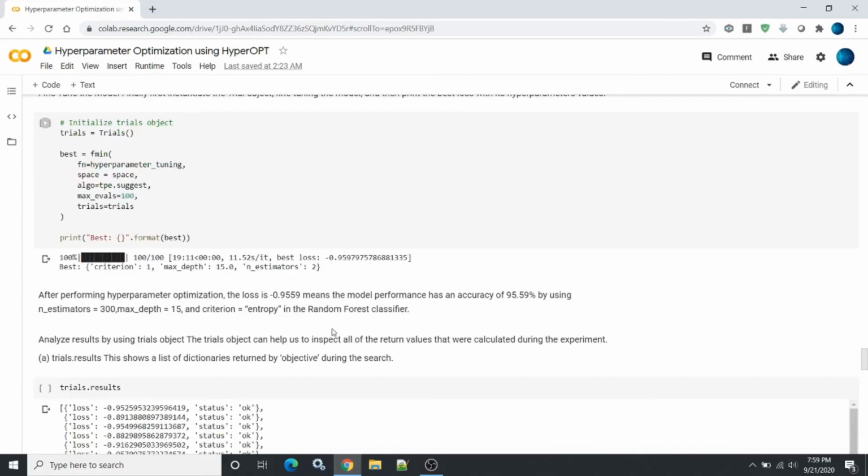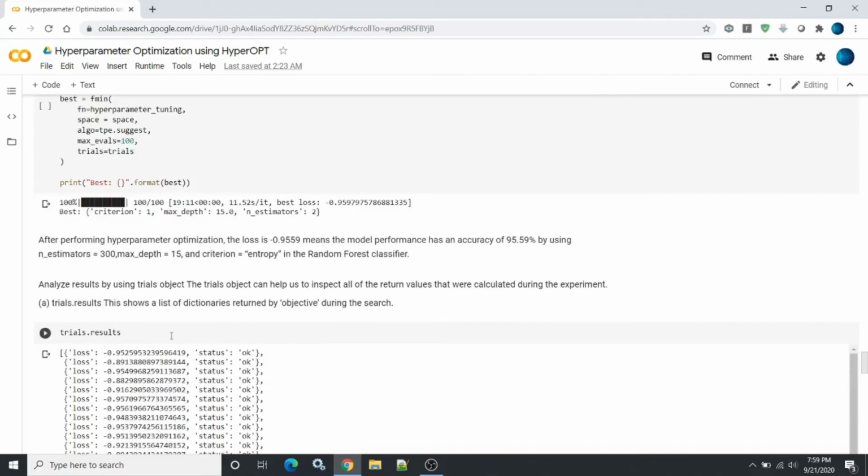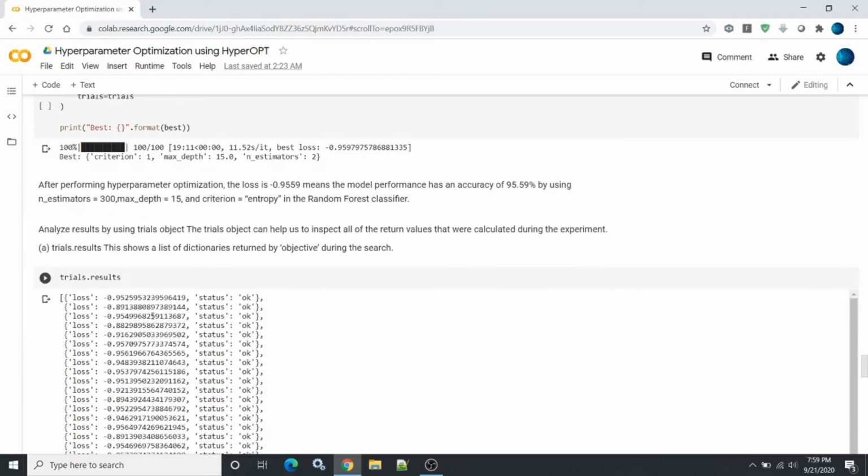If you want to analyze the result and see how it worked, you can just put trials.results. When you put trials.results, it will show how it performed at each step, so each iteration. In my first iteration it was about 95.25, here it is 89.13, and then again 95.49.